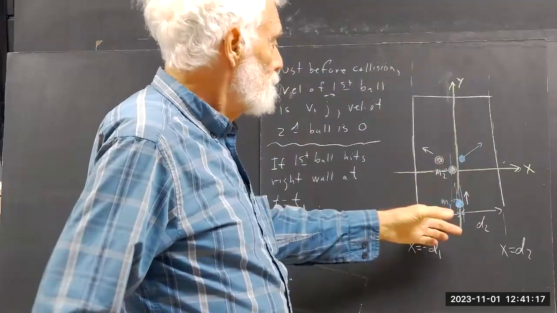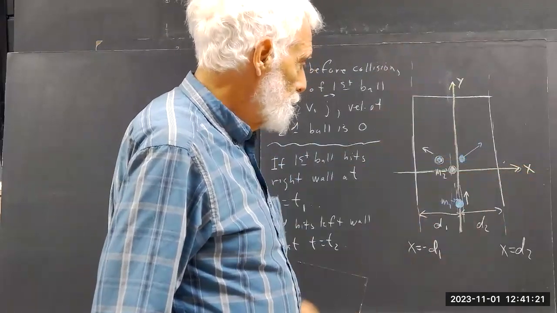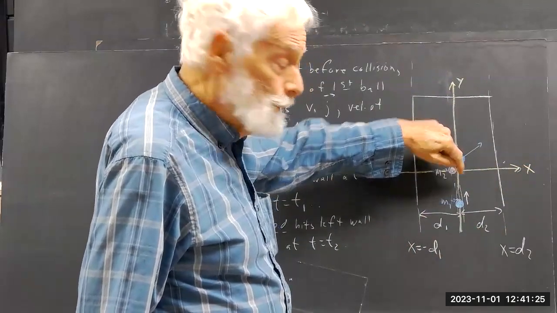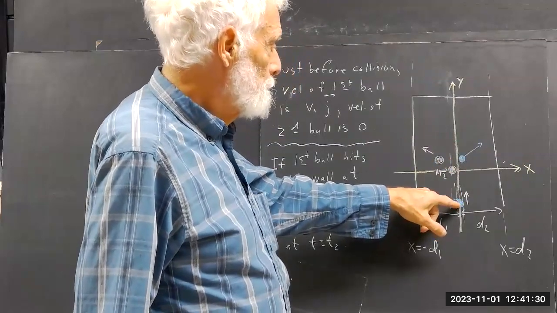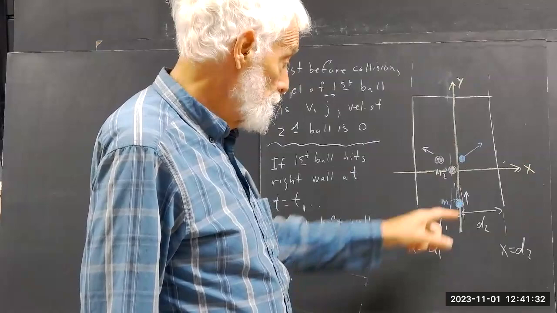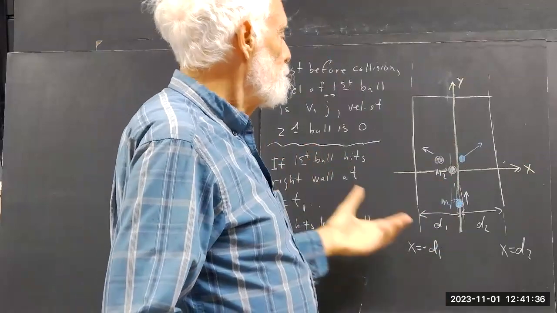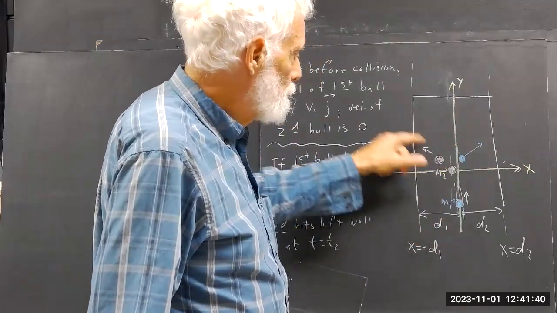Now, implicitly, the ramp is set up along the y-axis. Don't forget the x-axis perpendicular, and the origin is right here. So this ball is a little to the left of the origin. This ball, if unimpeded, would pass through the origin. The center of the ball would pass through the origin. So you have a glancing collision. This ball goes off this way. This ball goes off this way.